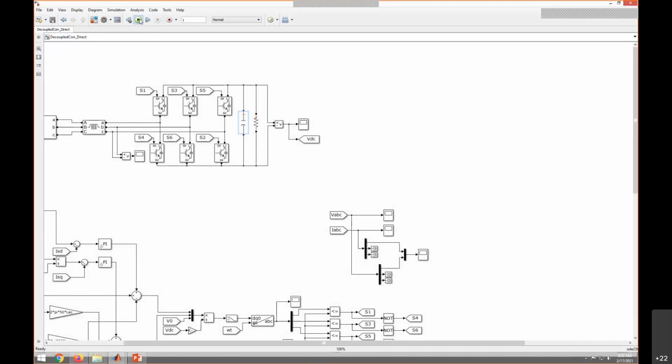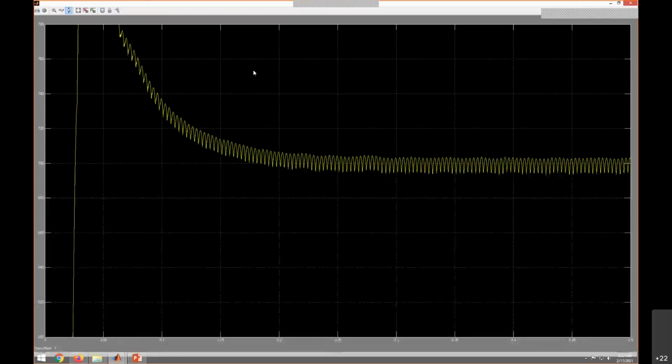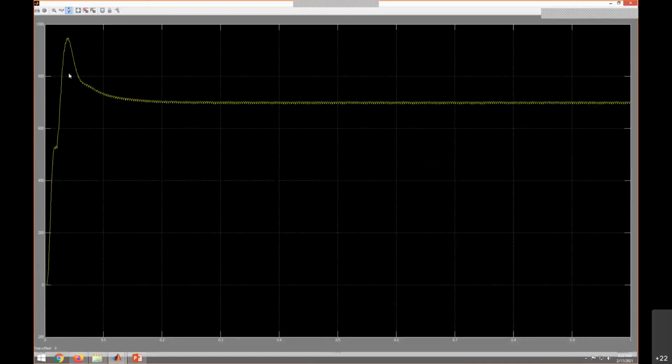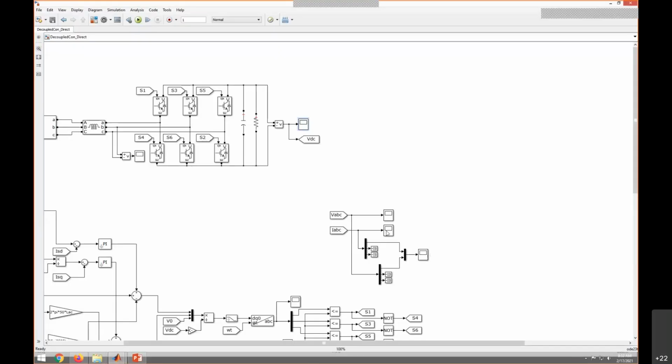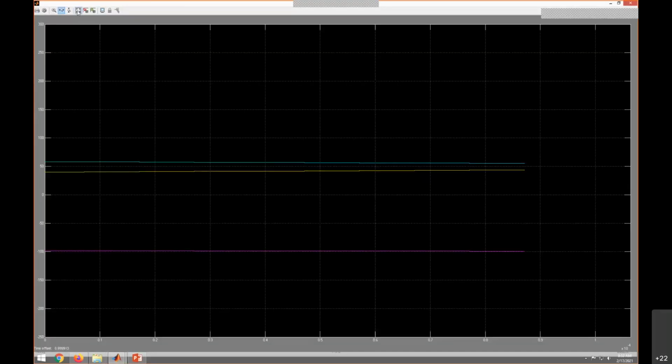The idea to pre-charge the capacitor is very easy. You see here that this capacitor is not pre-charged. See here, the voltage even crossed around 950 or something. You can also see the variation in the currents. The current is usually in the 100 amperes range, but here the current is touching 400 amperes when it is not pre-charged.